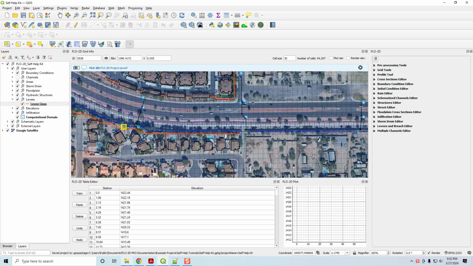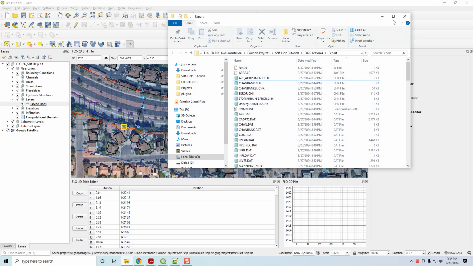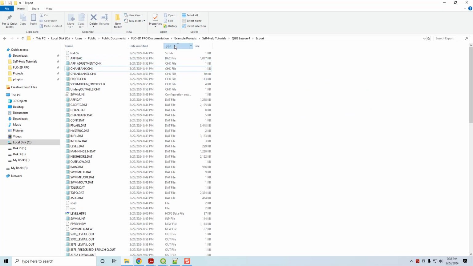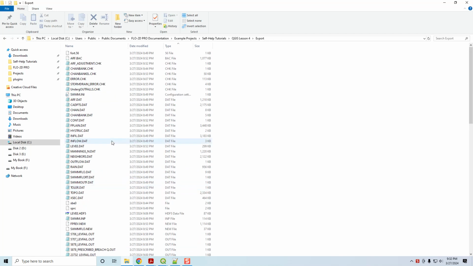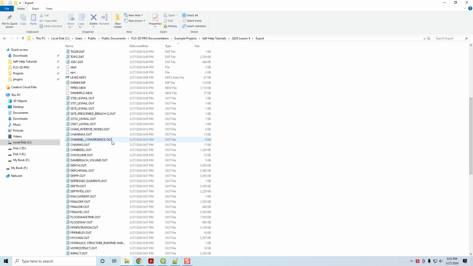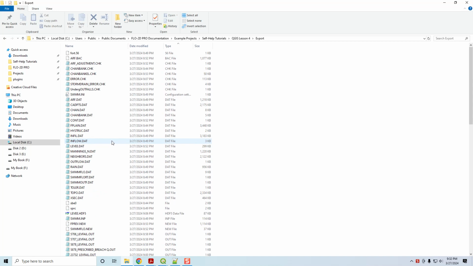And now what we have done is we have run this lesson and it has all sorts of data in it. So we have already reviewed the channels and storm drain a little bit, and now let's take a look at how to review levees. So let's start with these error.check files because